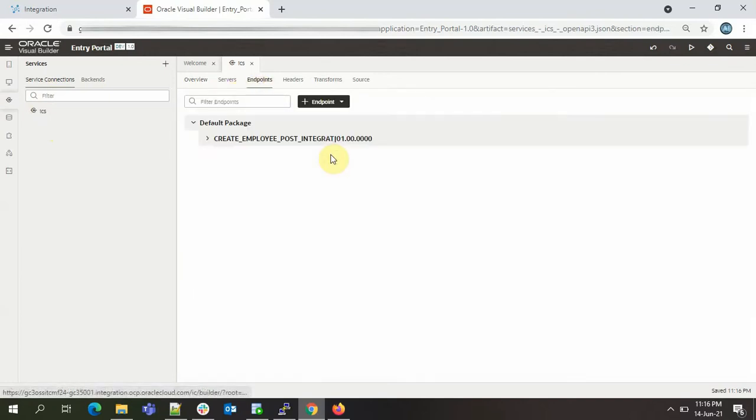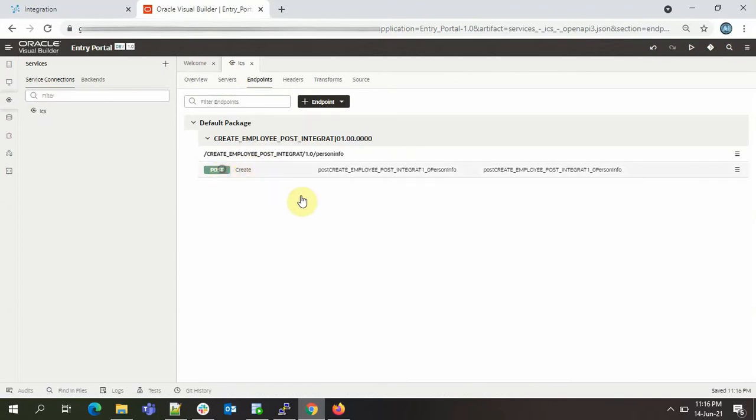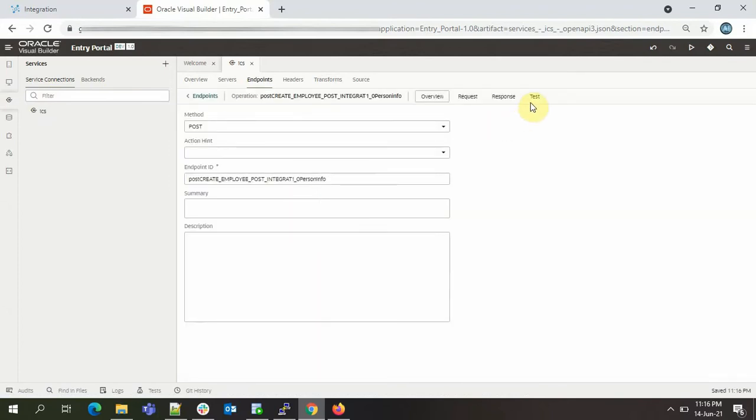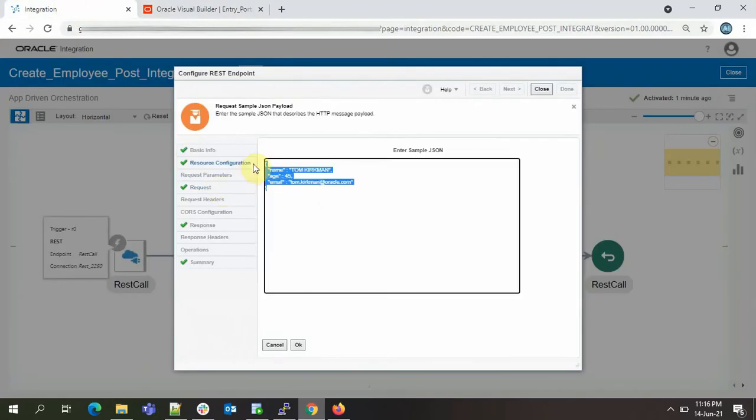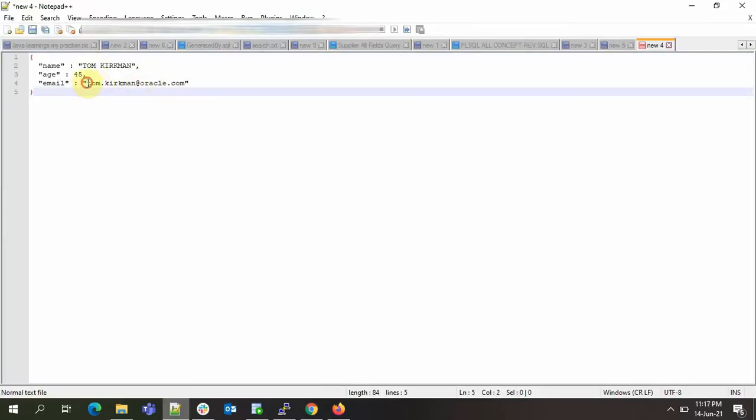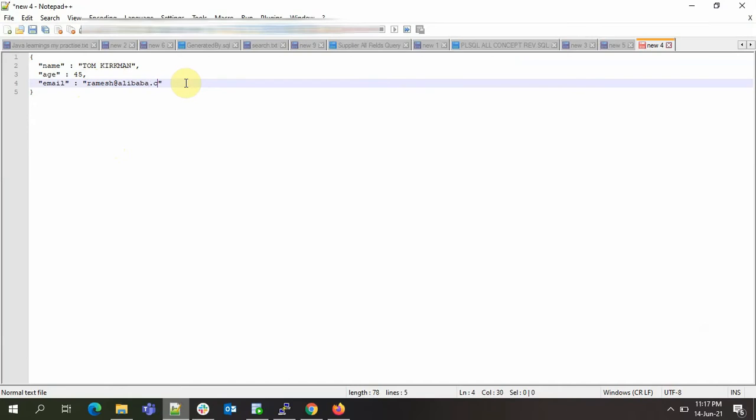We can check it also. We'll go to the endpoint. This is the post. We can test it. I'll be passing this sample payload.